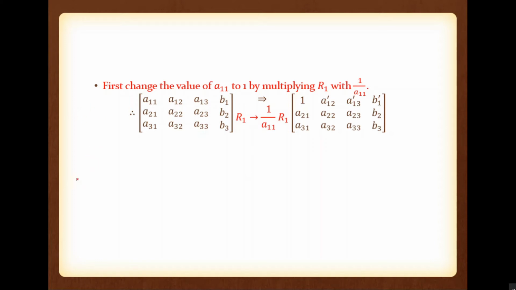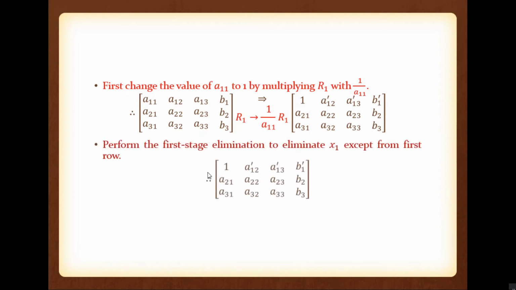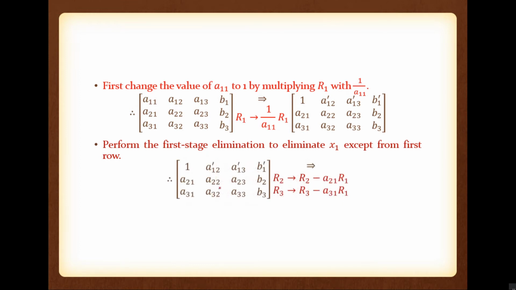Now we are going to start the second step of first elimination. So what we have to do? We have to remove this A21 and A31. You can see that now the pivot is 1. So actually there is no need to consider this one now. Anyway, we are going to remove A21 and A31. So for that purpose, do the operation. In order to remove A21, what we are doing? We are using R2 is equal to R2 minus A21 into R1.